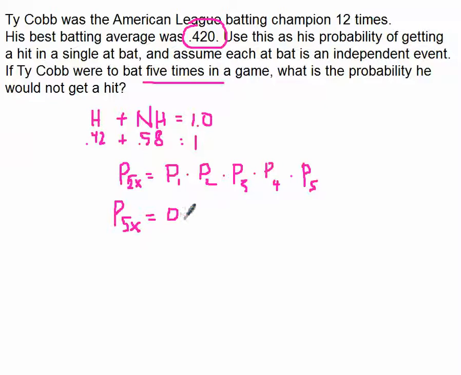I take the probability of 0.58 and I multiply it once for the first at bat, times the probability he's not going to get a hit on his second at bat, times the probability he's not going to get a hit on his third at bat, times the probability that he's not going to get a hit on his fourth at bat, times the probability that he's not going to get a hit on his fifth at bat. Now, if I multiply those all together,